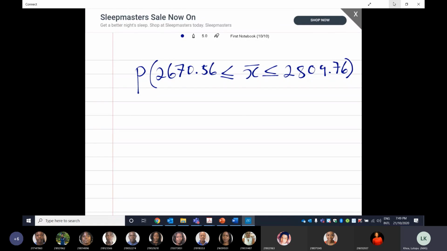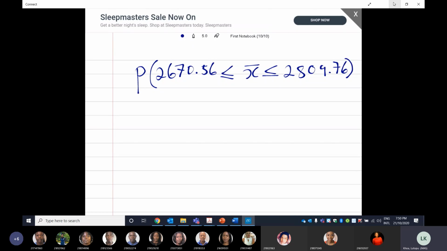Okay, so here when I just think about it, I'm expecting this to be low. It shouldn't be too high because my average for the population is around 3,000 and the standard deviation is close to 700. So it shouldn't be too low as well. So maybe like a medium. Then when you get an answer, you're able to tell, does my answer really make sense or does it go along with what I was thinking? So to do this one,